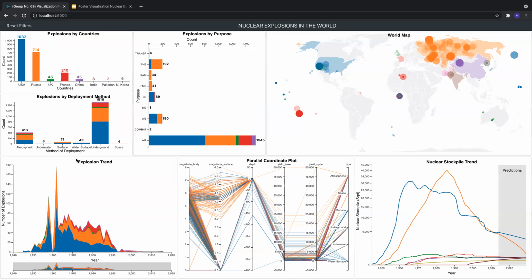So in this case, you can see the explosion trend. The highest explosion in 1962 was around 180. However, we see that only Russia had owned more than like 40,000 nuclear weapons by then. And this number had been increasing since the beginning. However, we see that post, I think somewhere before the Cold War, the number of nuclear weapons owned by these two countries decreased drastically. And this was actually the peak of Russia, I guess, before the dissolution